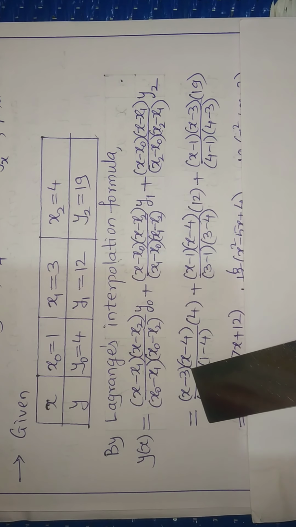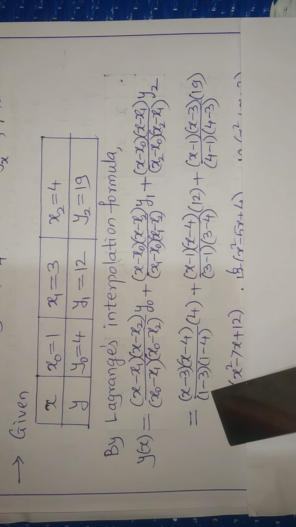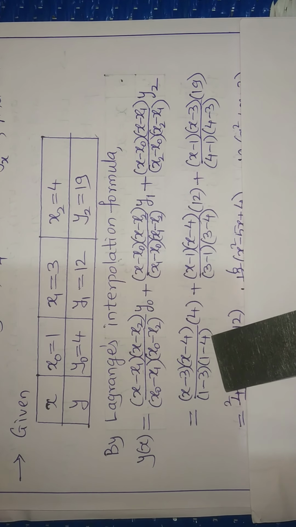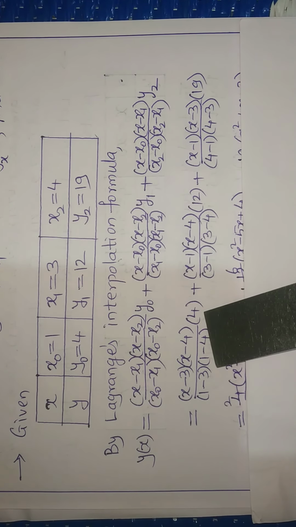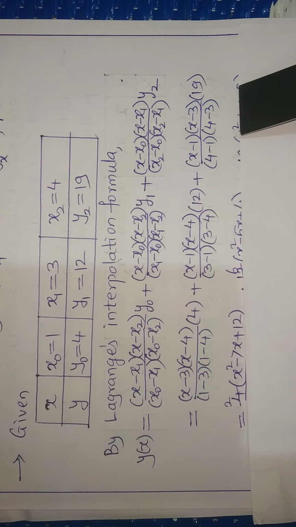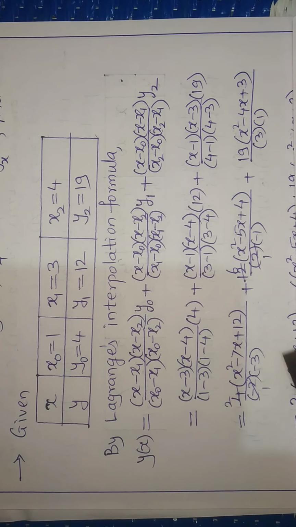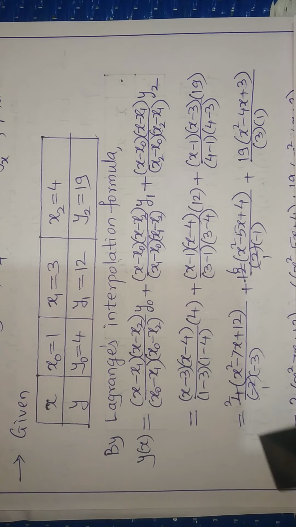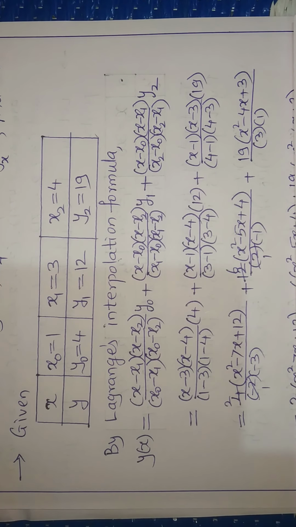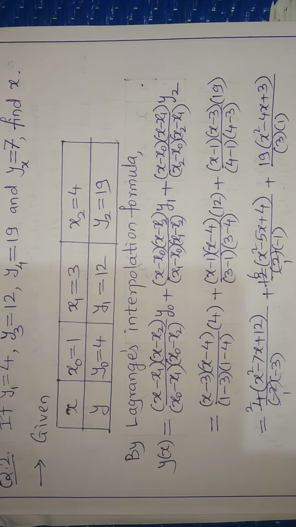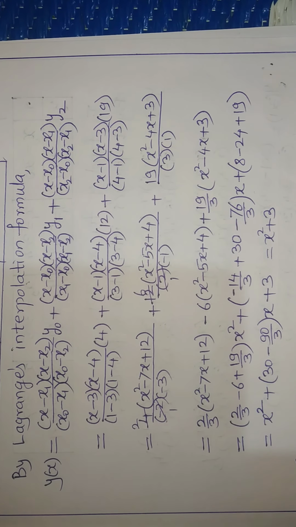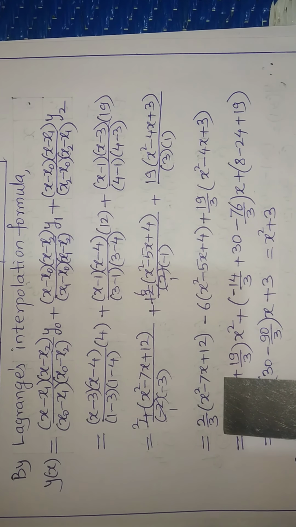So it is x minus 3 into x minus 4 upon, you will have 1 minus 3 into 1 minus 4 multiplied by the first functional value, that is 4, and so on. We have substituted the values. And let us evaluate it. So it was minus 2 into minus 3 in the denominator. The numerator was 4. So naturally 2 gets cancelled. And this is minus into minus, so it gives you plus coefficient. So you got the first coefficient to be 2 by 3 here.